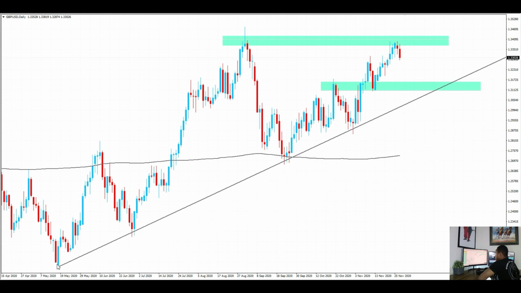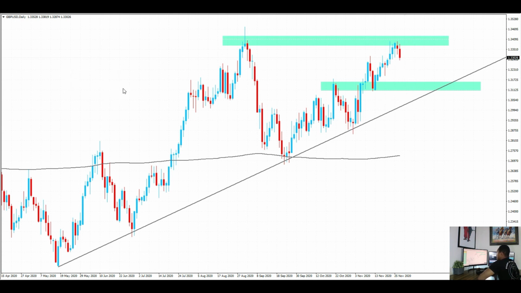You can see initial test there, push to the upside, second test, big push to the upside, third test, push to the upside, fourth test, again, push to the upside. So again, we could be seeing a fifth test of that trend line potentially, or maybe even just a test of that resistance there. So looking for a swing to either the trend line or the support there,